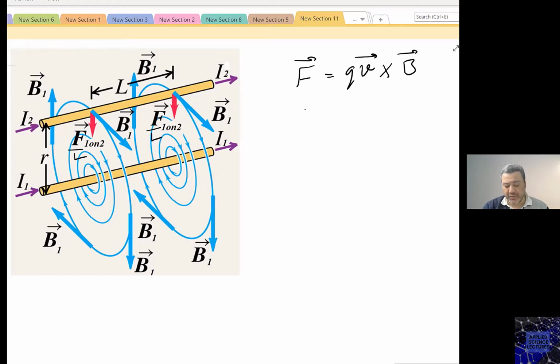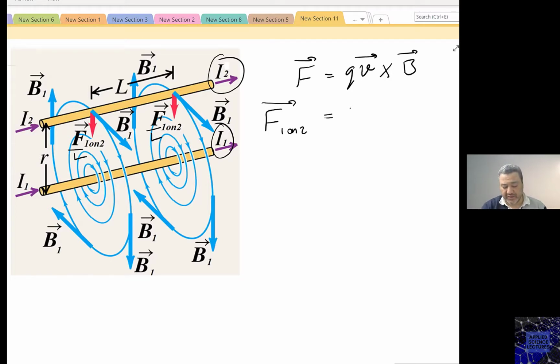So in this case, if we want to define, for example, the force exerted on wire number 2 here, which is I2, and those two wires, as you can see, are going in the same direction, due to the magnetic field induced by the wire that has the current I1. The current I1 in this wire is inducing a magnetic field, and this magnetic field is the one that is exerting the force on the second wire. So here I will be calling F as F1 on 2,